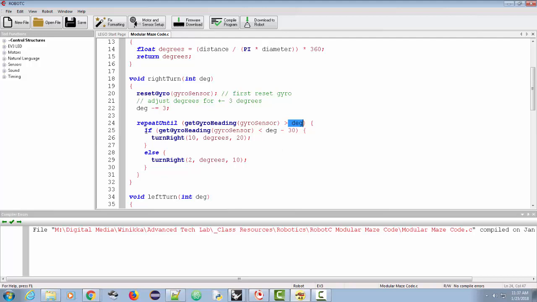And then we do the same, get the gyro heading. And remember, this is our target degree. Take the target degree and subtract 30 from it. So when we're within 30 degrees of our target, we turn right at 10 degree rotation of the wheels at 20% power, until we are at whatever our target is minus 30, and then we slow it down. So if we were to send in, for example, 30, we would skip this part altogether